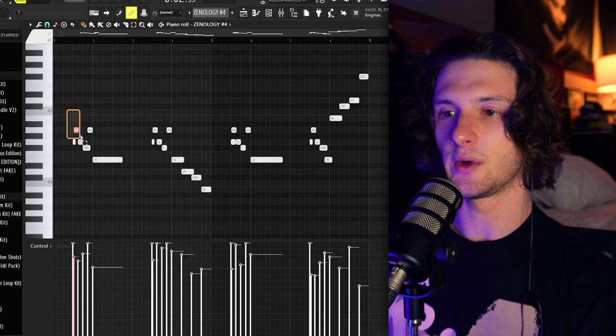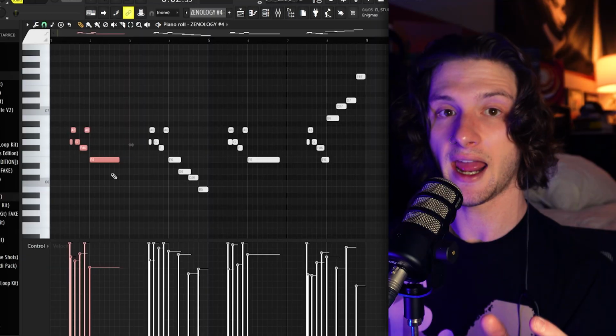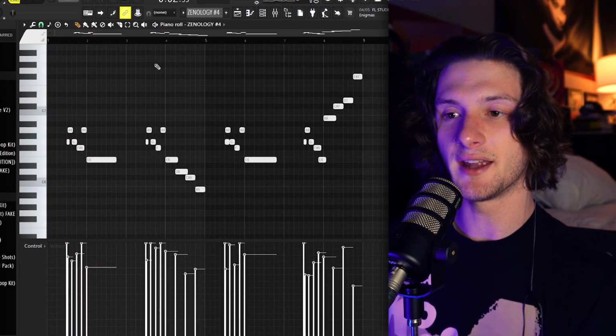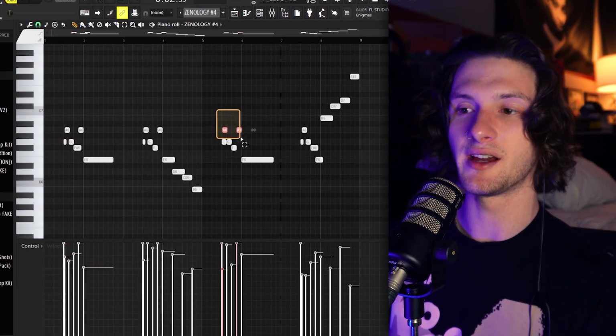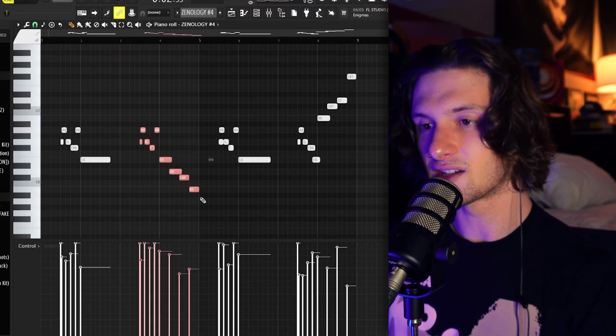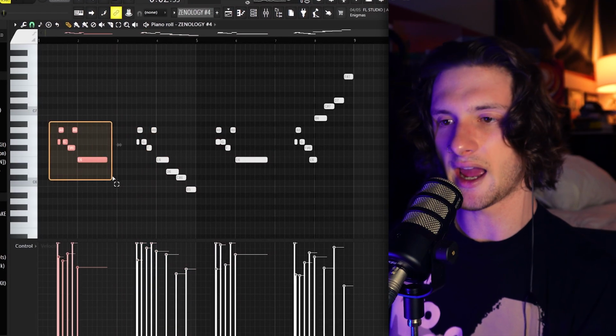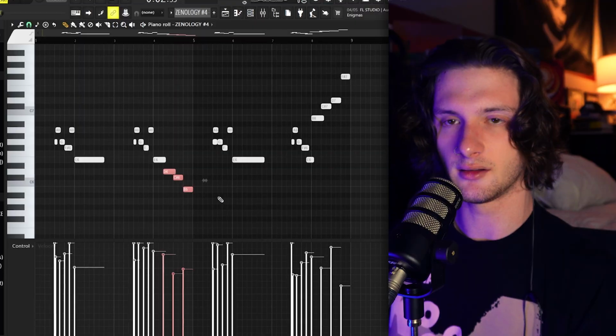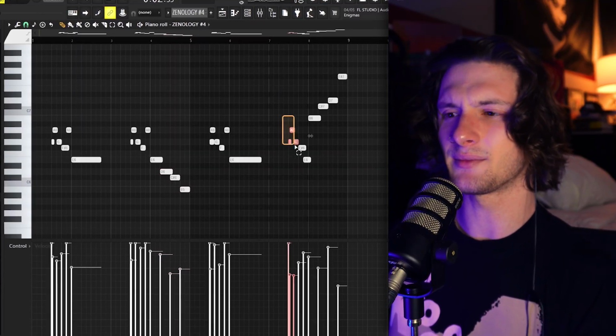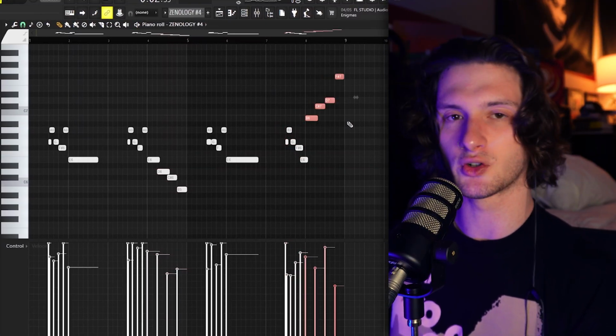So in our first quadrant, we have this phrase being played. That is our A phrase. And in the third quadrant, yet again, since it's A, B, A, C, we play the same phrase. In our B section, we play something slightly similar to the A section, but alter it slightly. And in the C section, yet again, we play something slightly similar, but go a bit more crazy than the